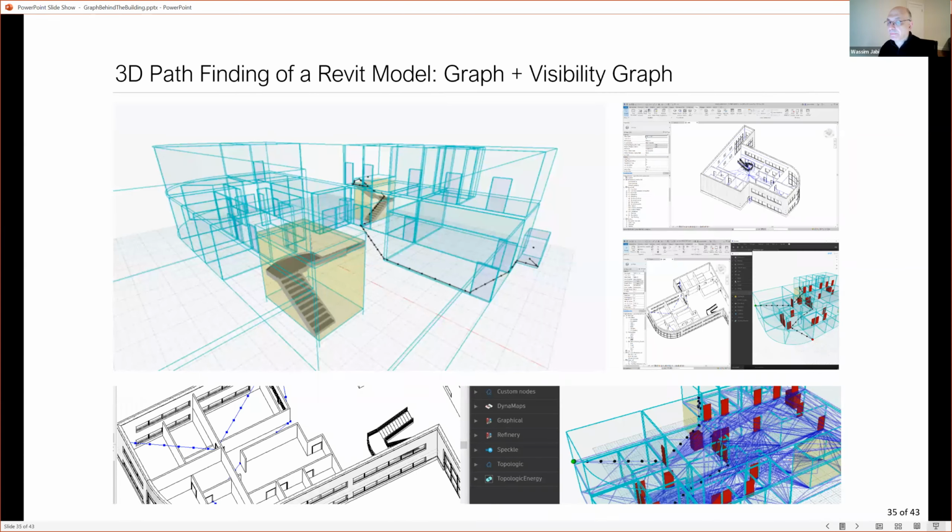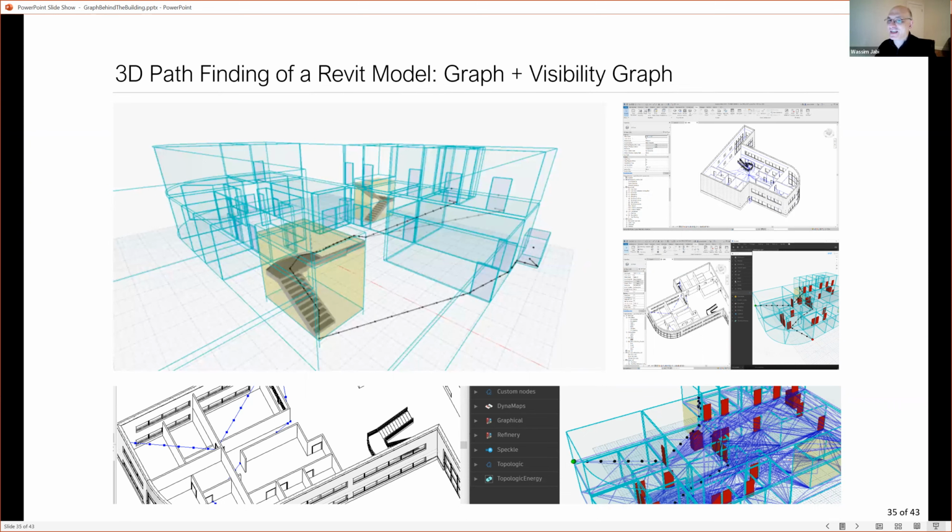Right. So this is just a little bit of a detour, because when I was working on Topologic, at a certain point, Autodesk made a huge announcement that they can do path planning now in Revit, that you can actually find the shortest distance between one and the other. And obviously that sounds impressive, but it turns out, and please correct me if anybody is a Revit expert, I'm not a big Revit expert, that you can only do path planning in 2D. You can go from one office to the other as long as those two offices are on the same floor.